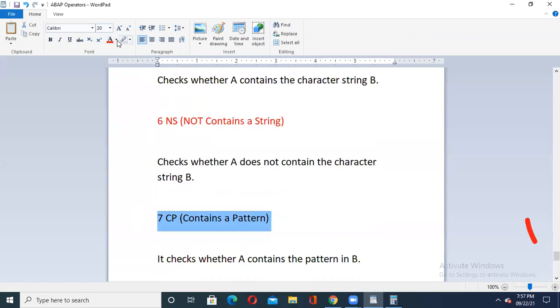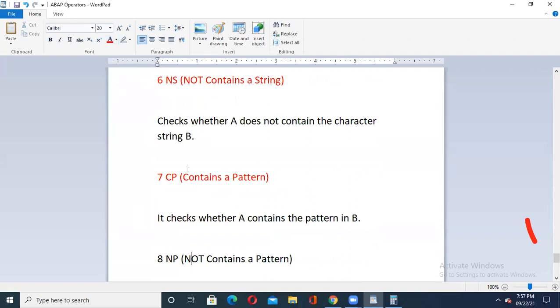Then contains pattern. Sometimes you have been given data and in that you want to find a particular pattern. Now take an example. Suppose an organization wants to find out, from customers' grocery details, which particular products people like most. Grocery means like a kirana. Suppose that industry has different kinds of groceries, and a lot of things are there.